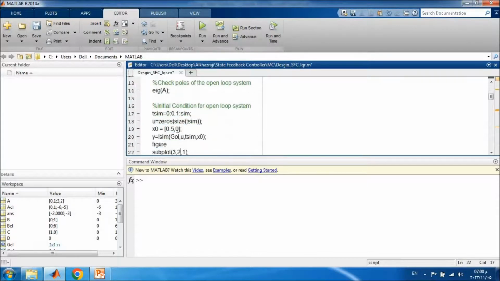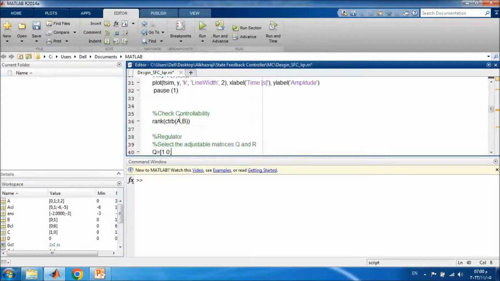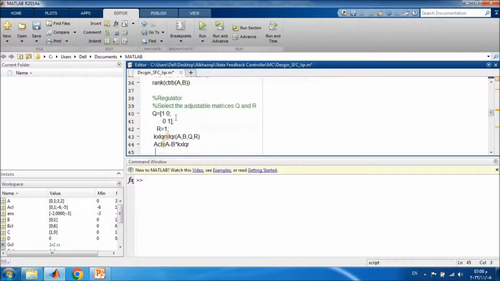And we check the eigenvalue. We go through this in the beginning. Now also we check the controllability, which we know is already controllable. Now the thing that changes between the pole placement and the LQR is we have to calculate the Q, which